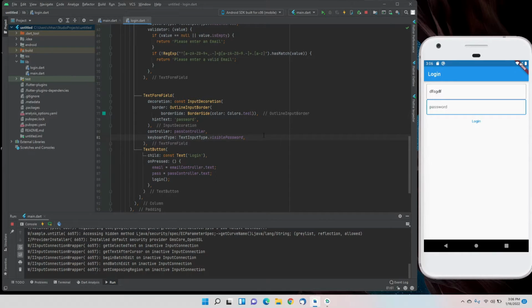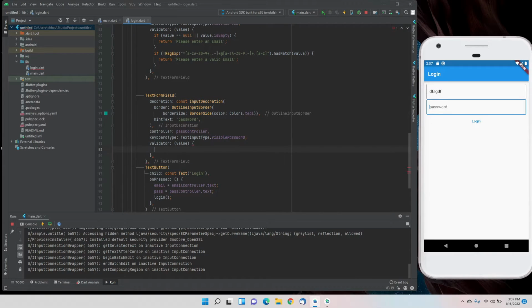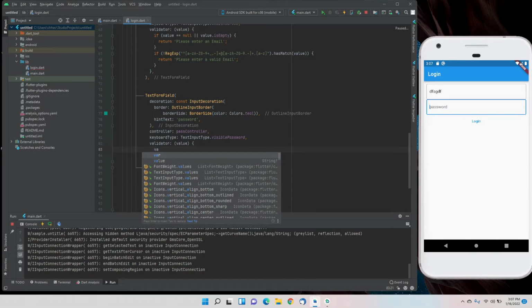Now we'll come to the password text form field and add the validation for that. Again here we'll get a value from the text controller, and if the value is less than 6 characters, then we have to give the error that the password is too short and not valid.